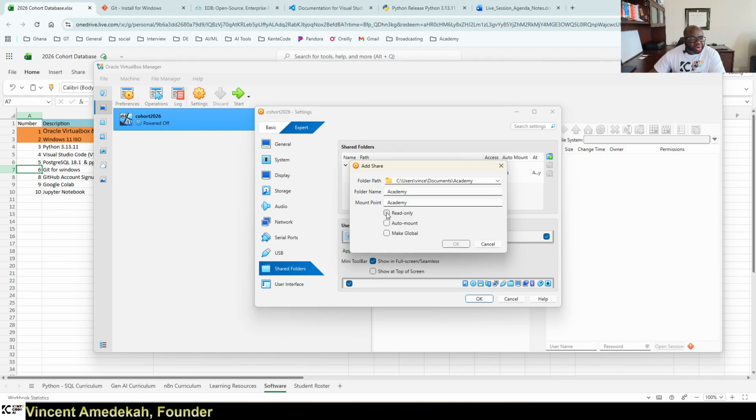Make this read only means that when it's in your VM, you can only read. You cannot update anything over there, but you want to be able to update and do things in that environment. So